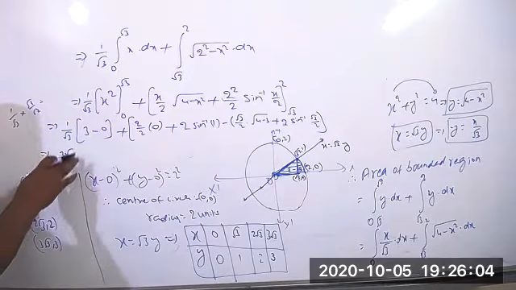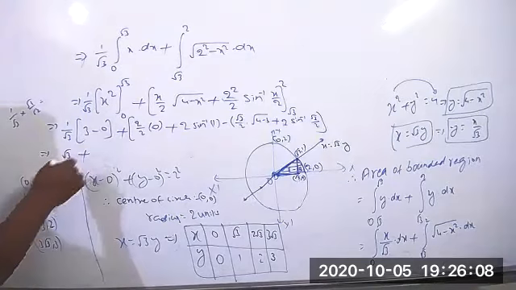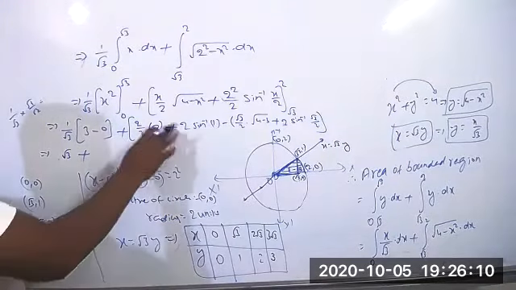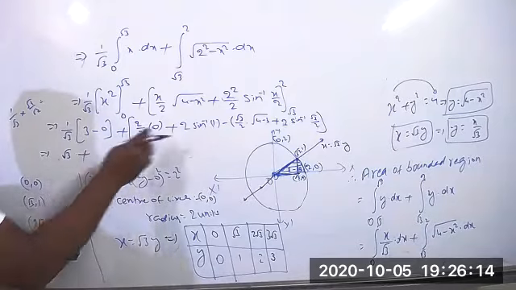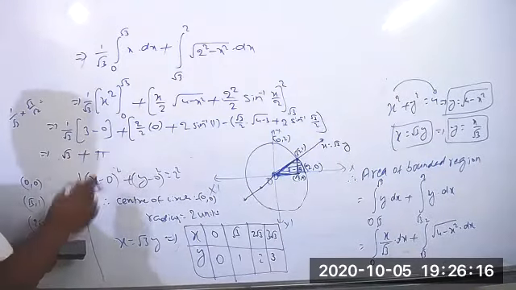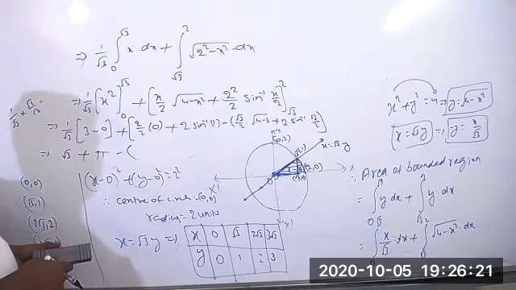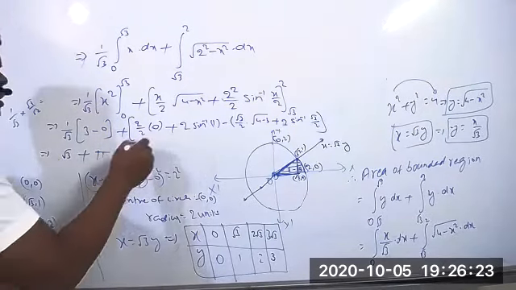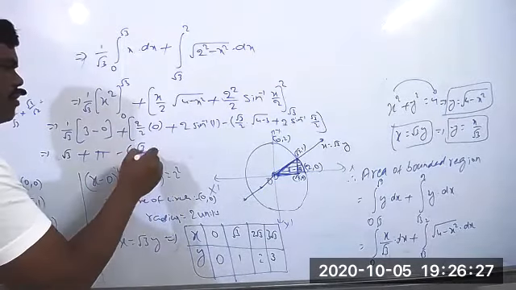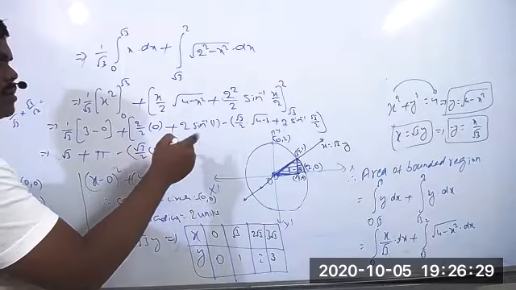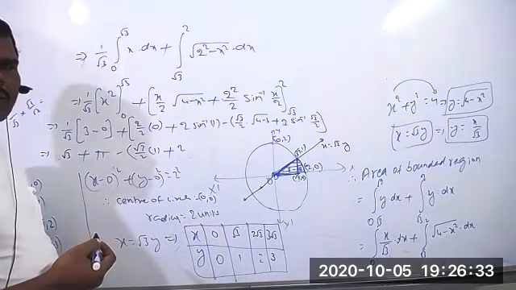And root 3 we will get. The value should be equal to root 3 only. Root 3 plus, and sin inverse of 1 equal to pi by 2, so pi by 2 also will be cancelled, plus pi you will get, and minus of root 3 by 2 into root 3 by 2 into 4 minus 3 equal to 1 plus 2 into sin inverse of root 3 by 2 equal to, clearly I think 60 degrees.